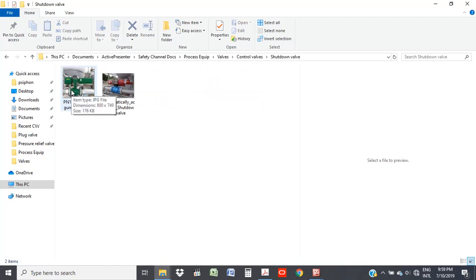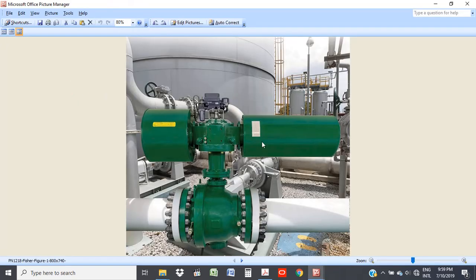Shutdown valves have this big actuator on top, and they're like saviors. If there's any process offsets or any issue on the plants, the shutdown valves automatically close and lock in pressure. They lock in liquid, they lock in pressure, and don't allow flow, because if there's a fire further down the line,